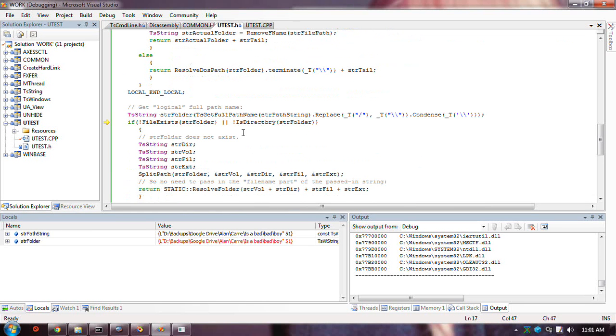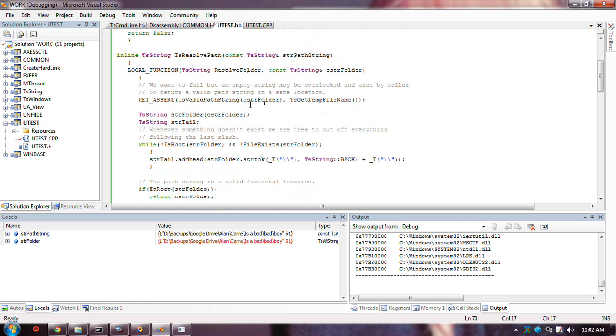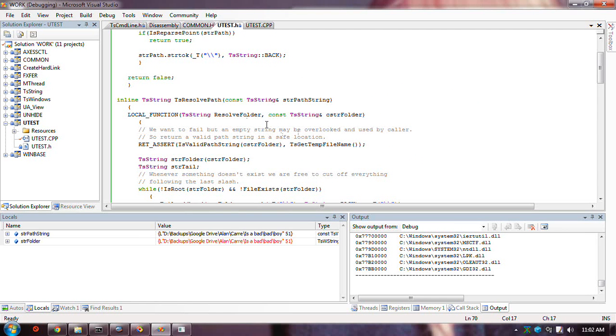So I need to take that constant thing, and I need to modify it, and also make it a full, fully qualified path. And I'm calling this folder because what I want to pass to this resolve folder function is a folder, right?